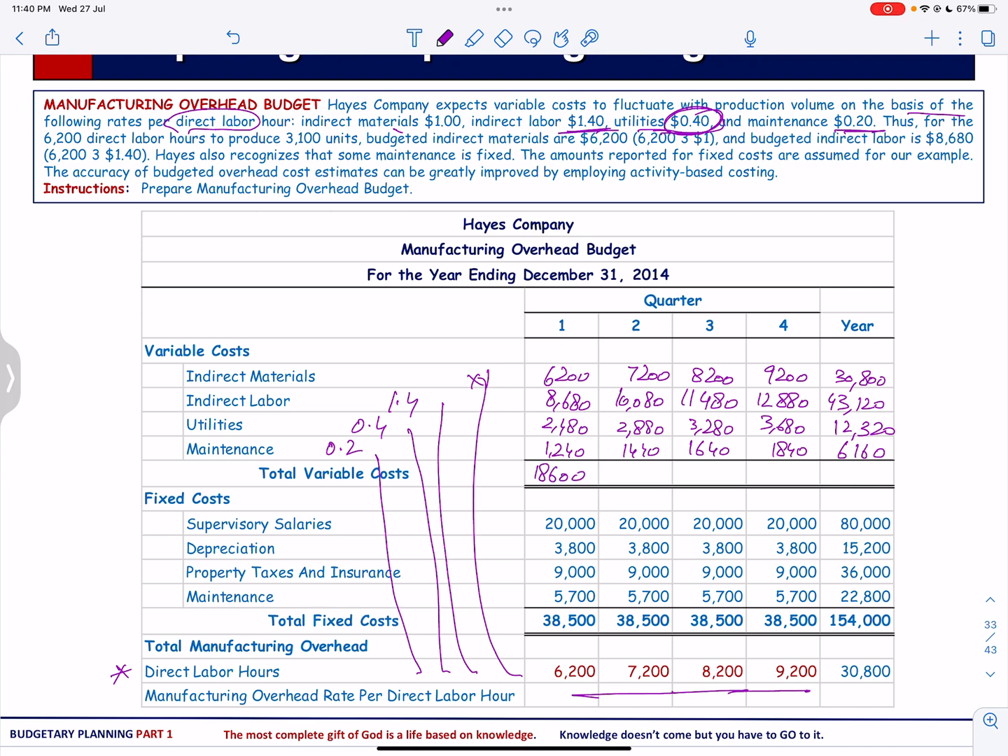For the second quarter, it will be 21,600. For the third quarter, 24,600, 27,600, and for the year, it will be 92,400. Thus, for